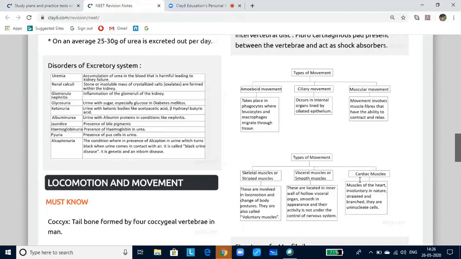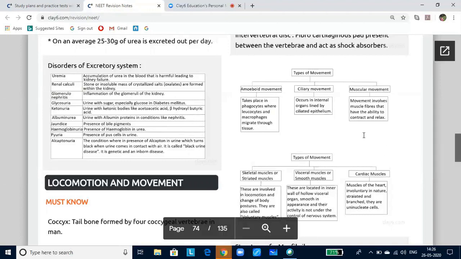Amoeboid movement. It helps in food capture and change of place. It is found in leukocytes, that is phagocytes and macrophages of the human lymphatic system. Ciliary movement. It is found in the respiratory tract of humans and also in the fallopian tubes and vasa efferentia of females and males respectively. Muscular movement. It is used by most vertebrates including humans. The characteristic of this is to exert a force by alternate contraction and relaxation.